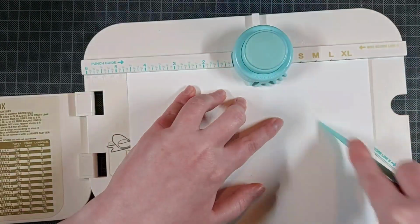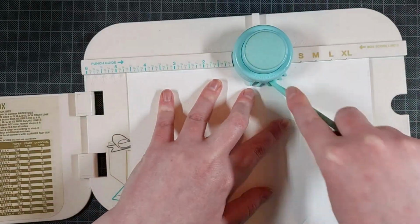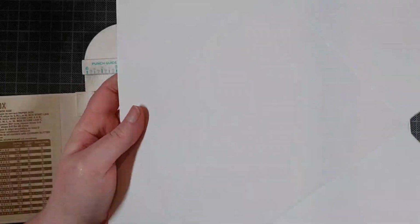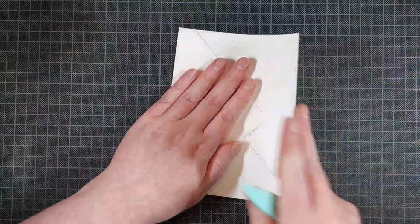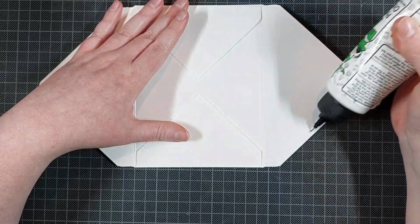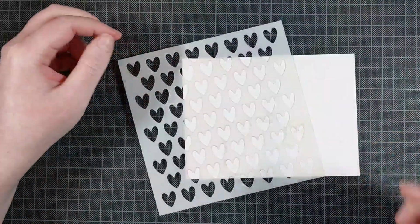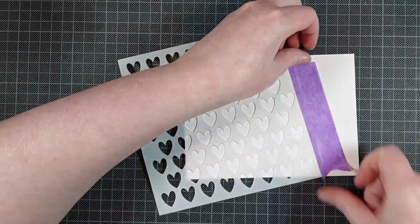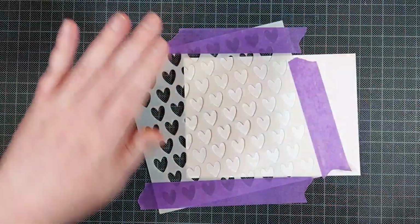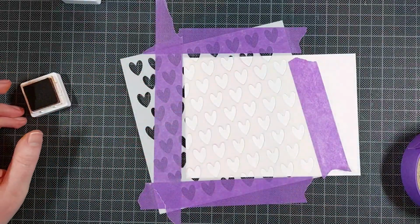All you need is a sentiment die with that lovely hearts stencil by Jane's Doodles. I really like this stencil. I've been dying to use it for a while now, and I'm finally getting around to it. Now I folded an envelope out of that same off-white cardstock with my We Are Memory Keepers 123 punch board. I glued it together with the Barely Art Precision Crafts glue, and then I'm once again using that stencil,